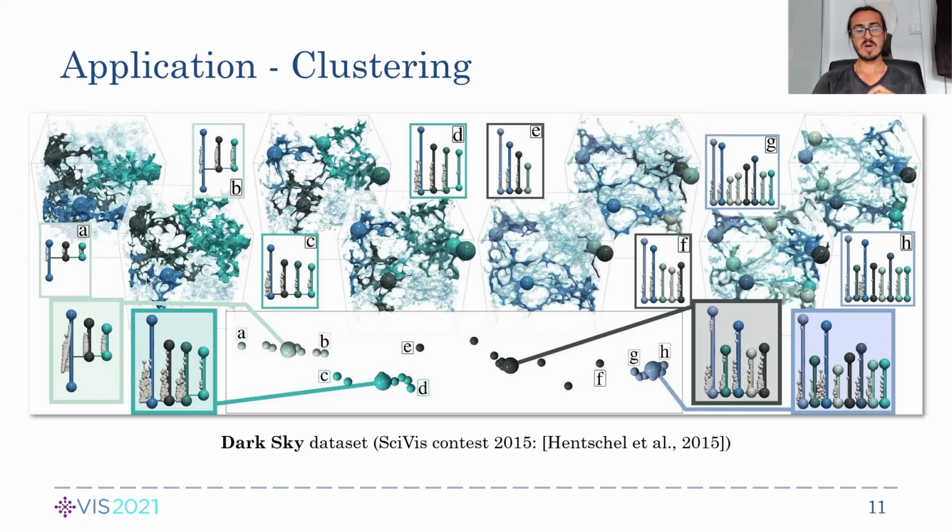Then the centroid can also act as a visual reference for the members in the cluster to relate features together. For example, in this first cluster, we can see that these big blue branches are matched together in the centroid, and therefore we can see in the field that the features are related.